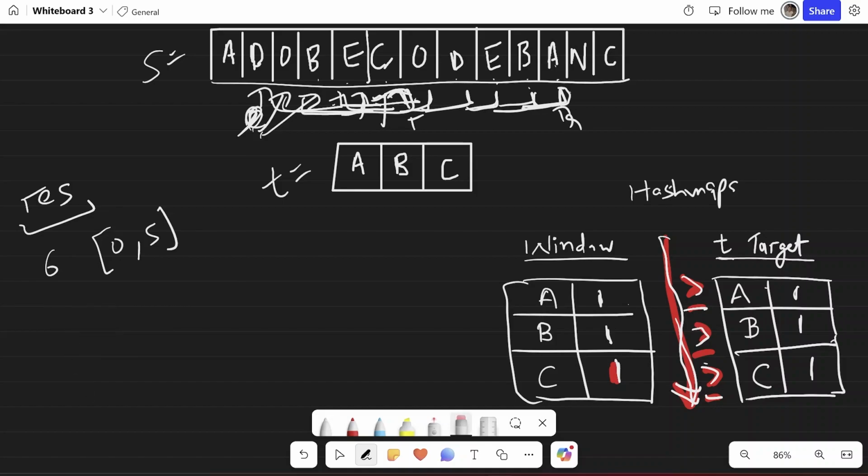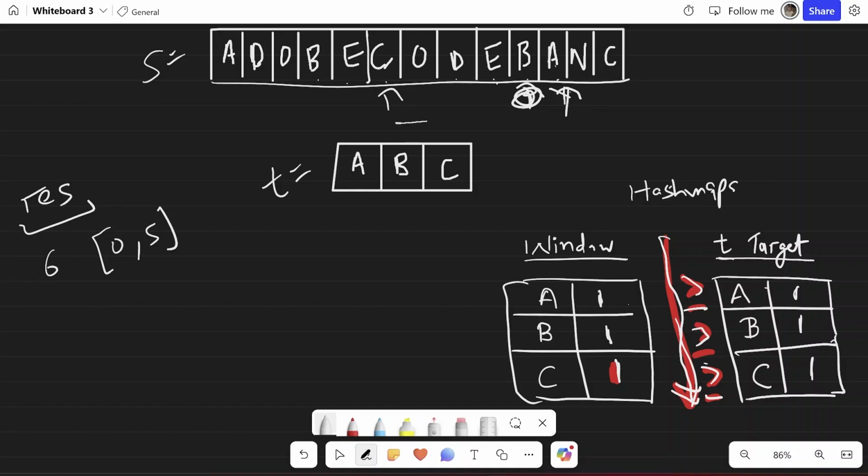Again, move left pointer rightwards. So L was here, R was here, sorry. And now when I move L rightwards, my string will become invalid because C will become 0 now.